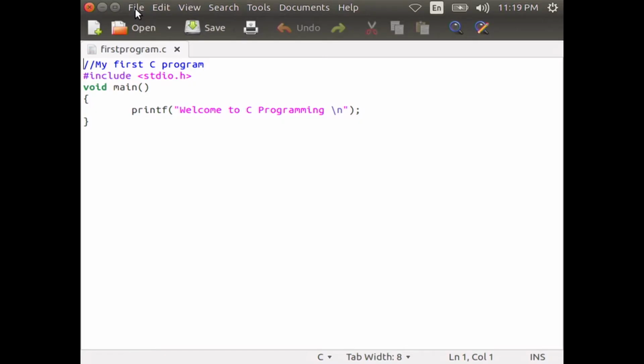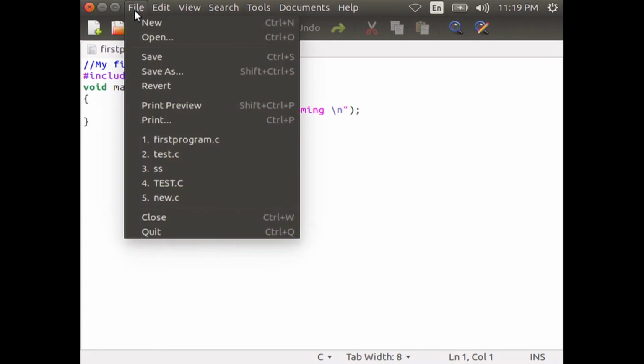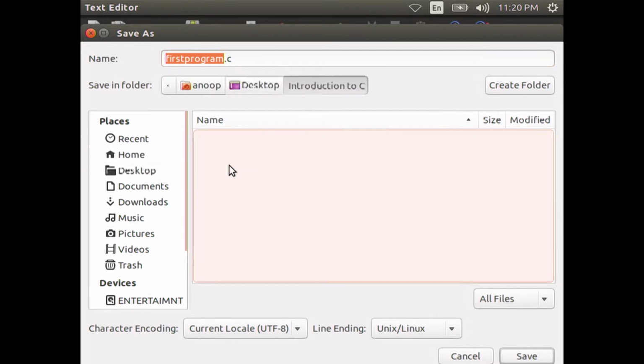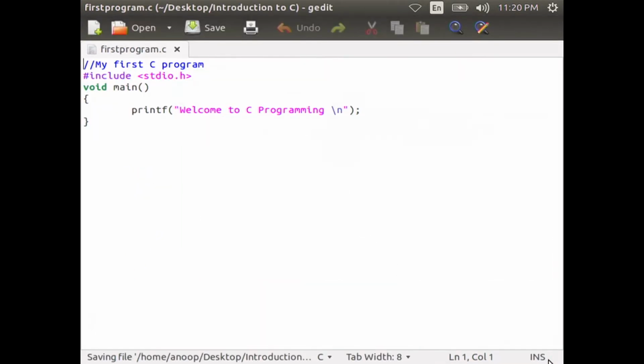Now, you click on the save button in the text editor to save the file. It is a good habit to save your files frequently when you make any change in your code. This will save you from unexpected power failures. Let us now try to compile your program. You come back to the terminal,